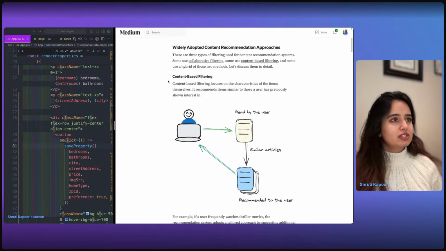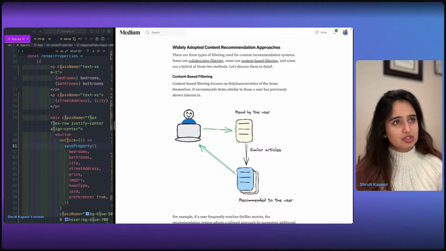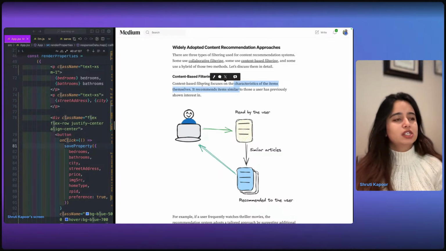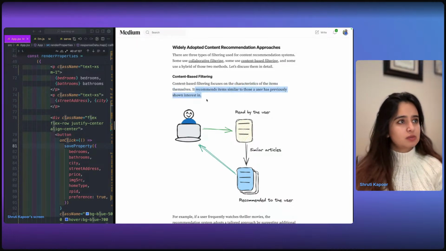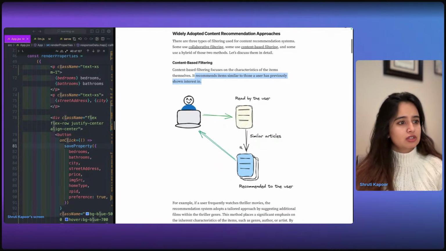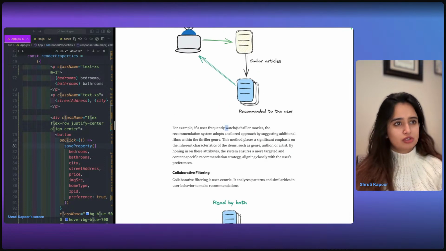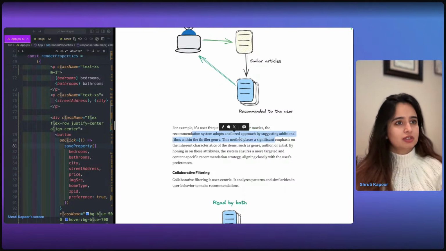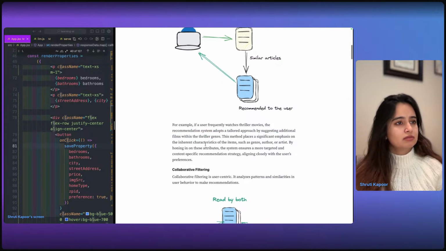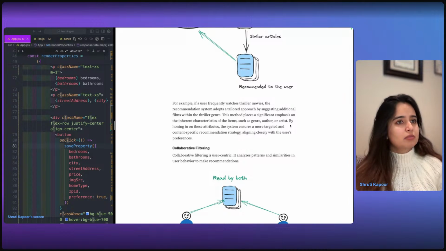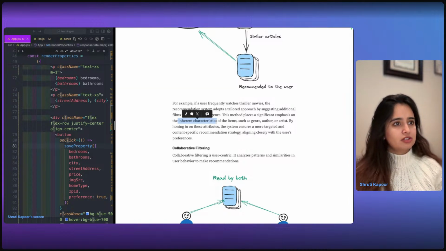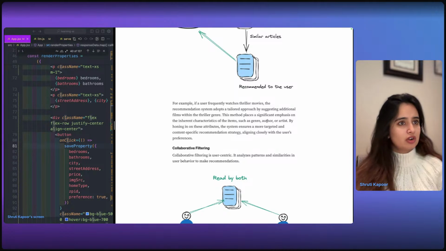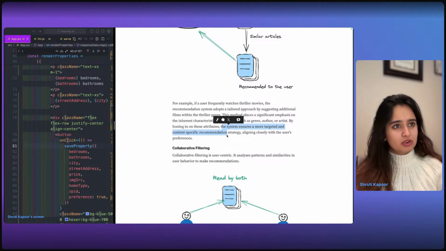So this is interesting. Content-based filtering focuses on the characteristics of the items themselves. It recommends items similar to those a user has previously shown interest in. So, for example, if you've watched thriller movies, the recommendation system is going to show more movies within the thriller genre. By honing in on inherent characteristics of the items, such as the genre, author, or artist, the system ensures a more targeted and content specific recommendation strategy.